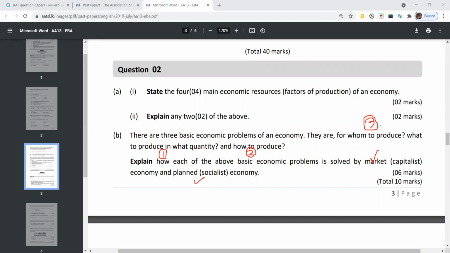Actually, this problem is solved by them based on affordability. If someone can afford, of course goods are available. Actually, they concentrate on profit, therefore goods are supplied for people who can afford, in which this problem is solved